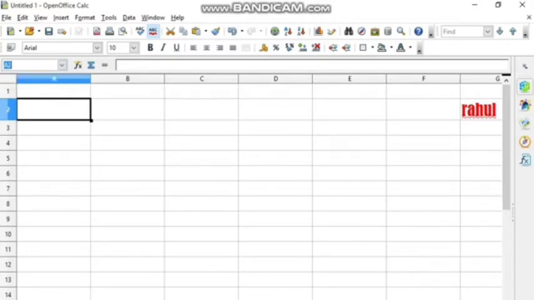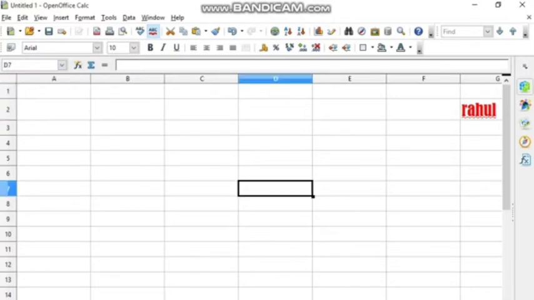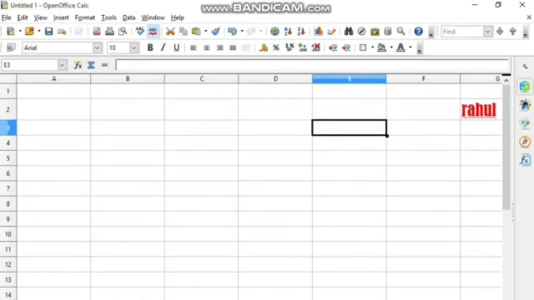So when A2 is selected, you can see that A2 is mentioned here. Whenever you change your selection, that particular selection will be shown there. So that is called the cell reference or the address bar of the OpenOffice Calc sheet.